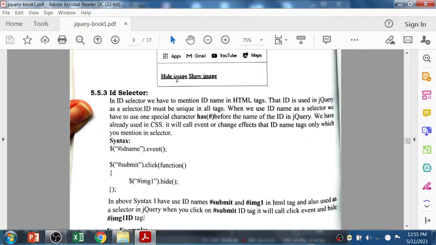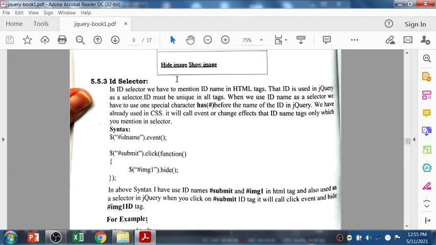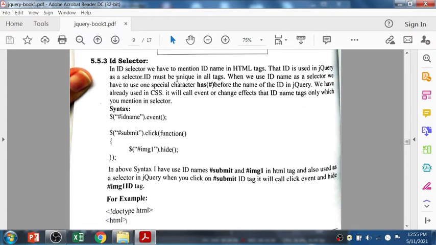We will learn all those things in detail afterwards, but step by step we have to follow the concepts of jQuery. First we learn about jQuery, then the syntax of jQuery. After learning the syntax, how to use jQuery: to apply jQuery you have to point to the particular HTML element.